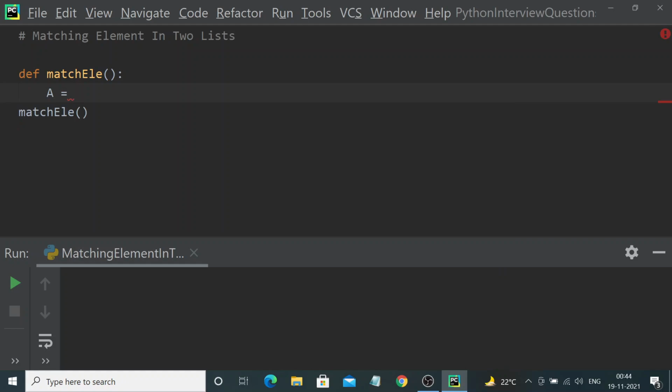I will call the first list a, and let me have a few integer values inside it: 5, 4, 9, 12, 23, 31. Okay. Similarly, you will have another list b. It has 4, 12, 31, 33.